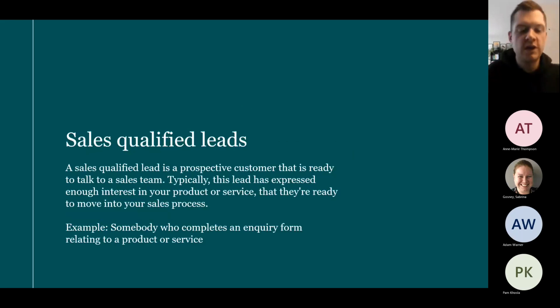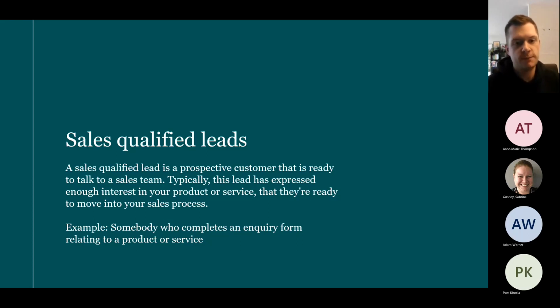Then lastly, we've got sales qualified leads, and that's ultimately a prospective customer. I think once they get to this point, we can start to think about associating a value alongside this opportunity, whereas we can't on someone who's just clicked a few links, someone who's joined the newsletter. Somebody who is sales qualified is really where we say, okay, there's an opportunity here. It might be a £5,000 project, it might be £100,000, it might be a much greater company size, and actually we can associate over a 10-year period, 1 million, 2 million, if they stay with us. Once we can identify that opportunity, small, short-term, long-term, that's really when they become an SQL, or a sales qualified lead.